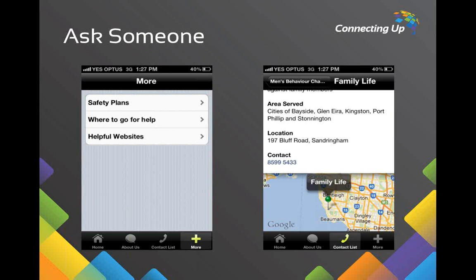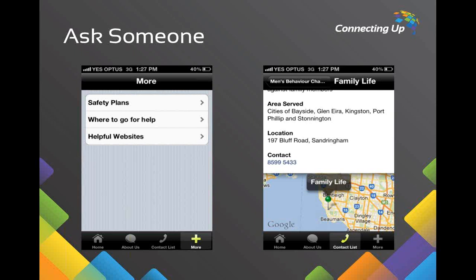And the other benefit from a domestic violence standpoint would be that the app isn't installed on your phone then. So you've got access to the website whenever you need it, but you don't have the risk of seeing the app on the phone or things like that. So if you're looking at developing this kind of app, all the mapping and things like that can be quite easily done on a website. So definitely look at a website instead.